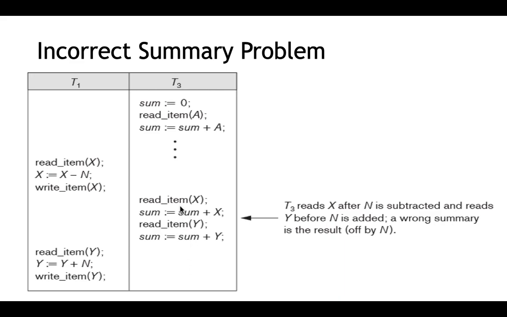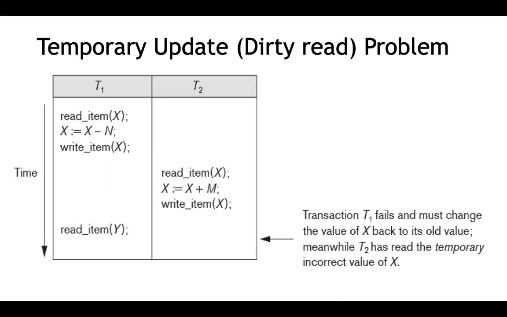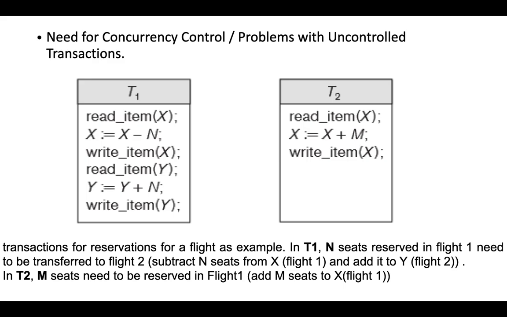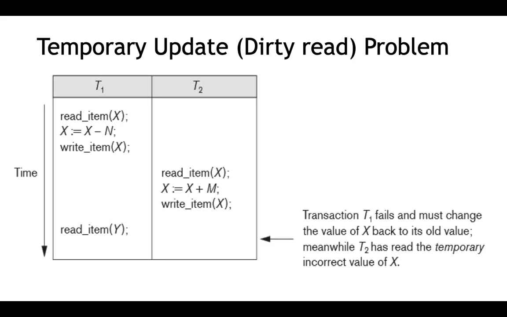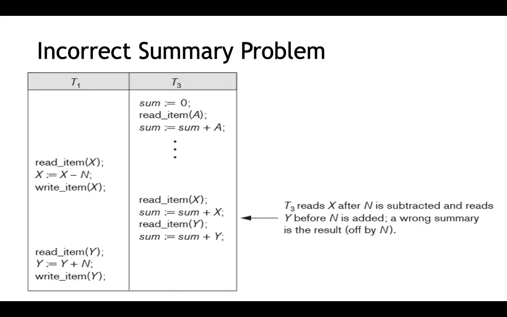In order to prevent this, when such a summary is being taken by the bank, it may temporarily suspend all the transactions. We will be seeing such solutions in the coming videos. Hope these three issues are clear to you. That is, what if concurrent transactions take place? What are the issues that could occur? That was the topic of discussion. So the first one was lost update, next is temporary update or dirty read, and finally the incorrect summary problem. Thank you.